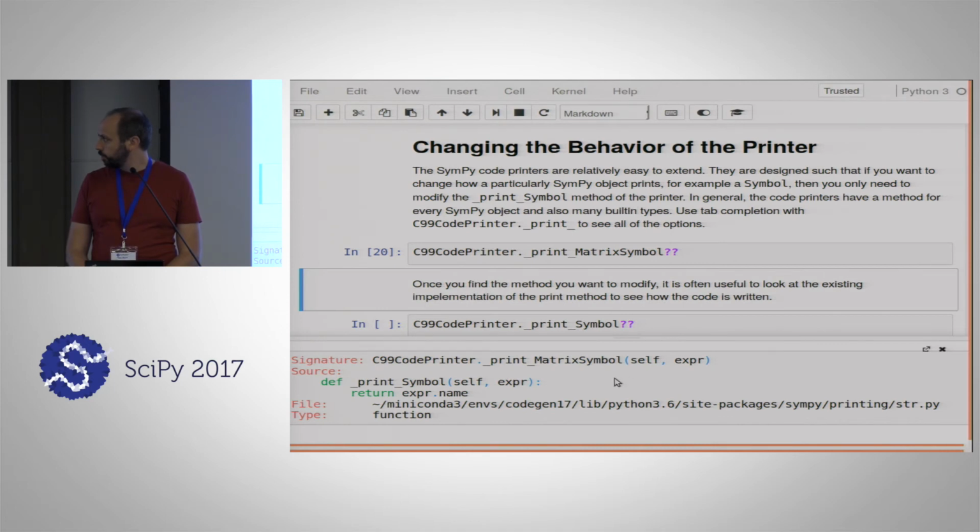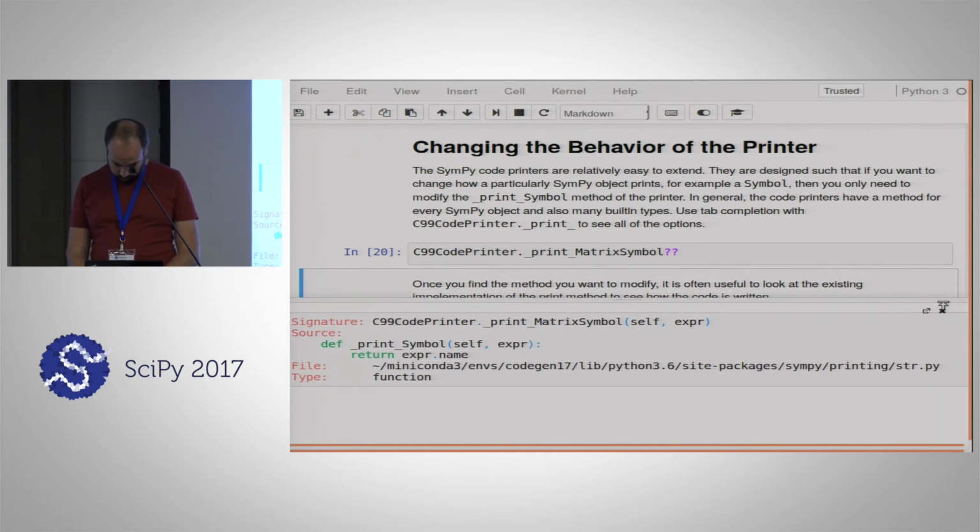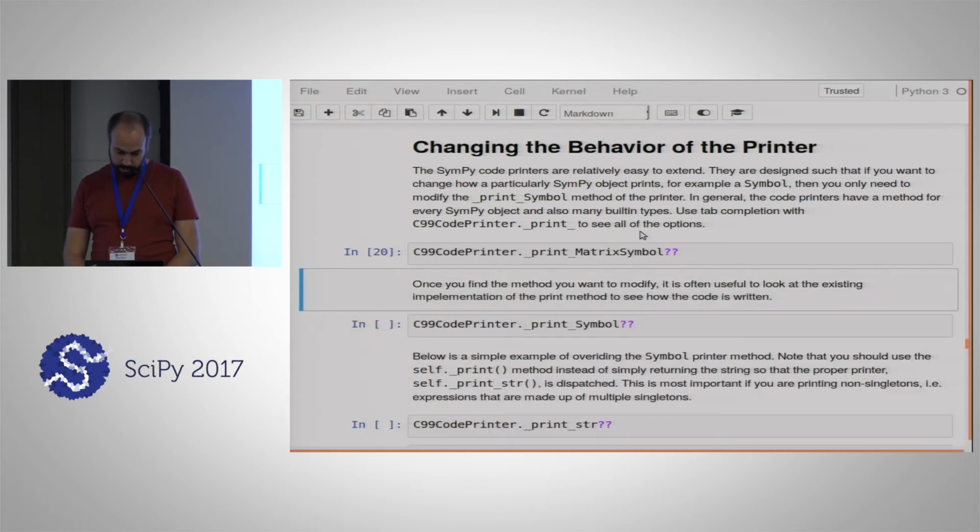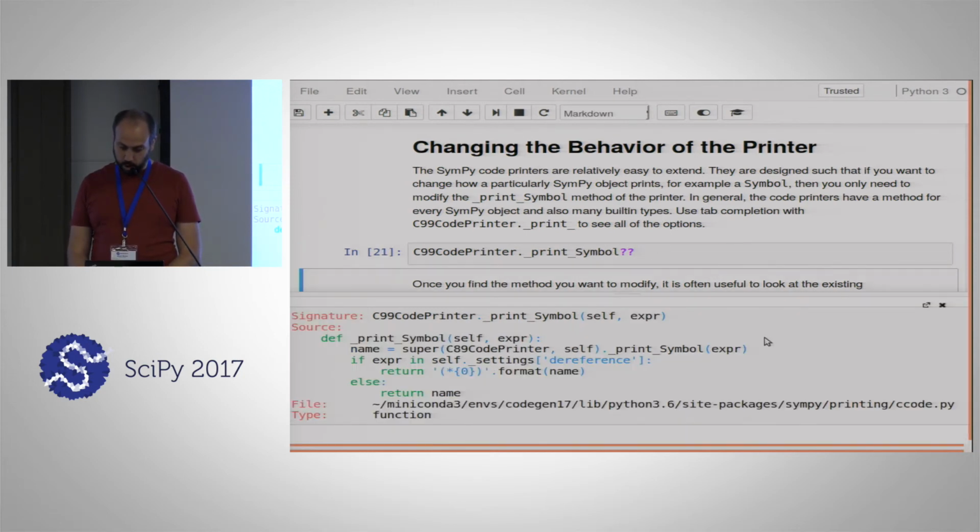I printed, oh, it just prints the name. I guess it calls, is it called symbol? Let's look at symbol, because I should have used the example I already had. Some of these may or may not be useful. So if I open up print symbol, which is just a basic SymPy symbol,